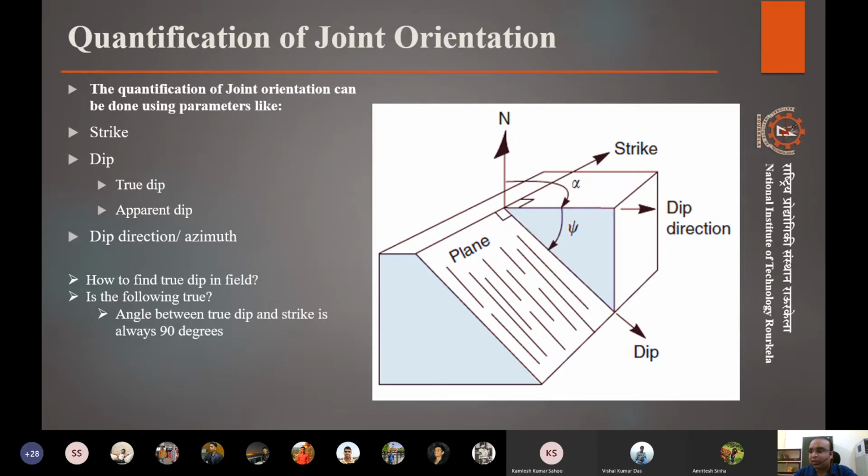Is there any way to find a true dip if you just have rudimentary scales and measures, that's it? Any idea how to find a true dip in the field? Some practical ways, some ingenious ways anyone can suggest? Yeah, raise hands.